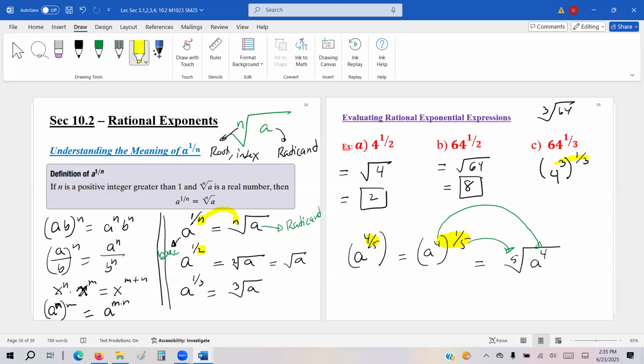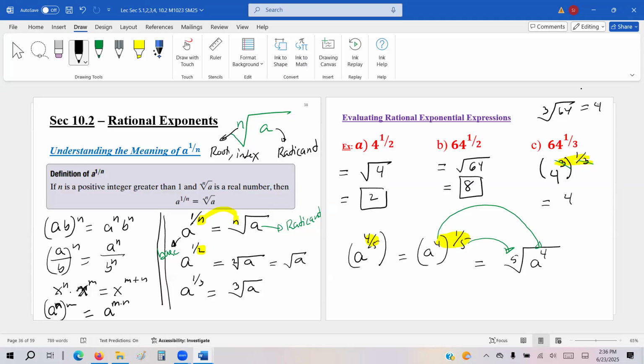Because what happens when you have 2 powers together? You multiply them, right? But when you multiply a number and a fraction, what happens to the number and the fraction? They cancel one another out. You have 3 as a whole number and 1/3 as a fraction. 1/3 of the 3, they cancel out. So what's the answer? 4. So cube root of 64 is 4. So you can do this in 2 ways. Rewrite as cube root of 64, or rewrite 64 itself as 4 cubed and then cancel the denominator. Whatever remains, that's your answer.